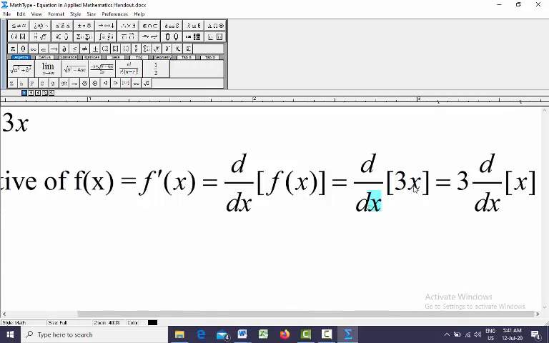in that case, this 3 is in multiplication with x. So that's why you need to bring 3 outside. In other words, this 3 is called the coefficient of x. So you need to bring this 3 outside of d by dx, right? Like this way, and then